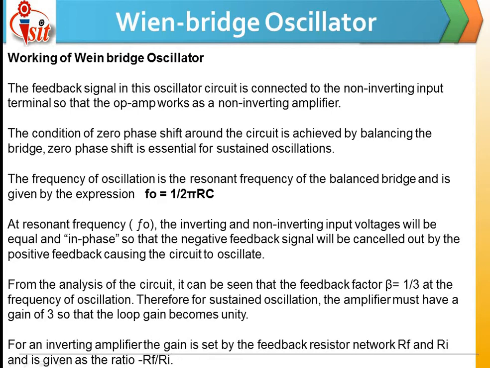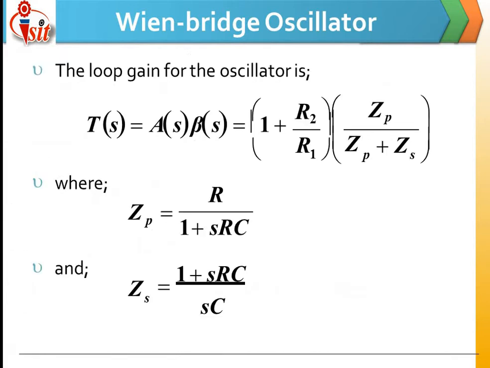And for the non-inverting amplifier, the output we are getting is 1 plus RF by R1. This is the non-inverting gain related to the Wien bridge oscillator circuit, whatever circuit we are using for any kind of system. There we use the gain for the inverting terminal as minus RF by R1, and for the non-inverting terminal it is 1 plus RF by R1.